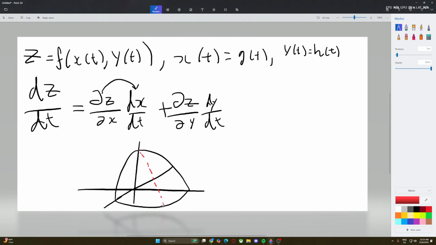The partial derivative is saying that you took a piece, like you held a piece of the function still, like,